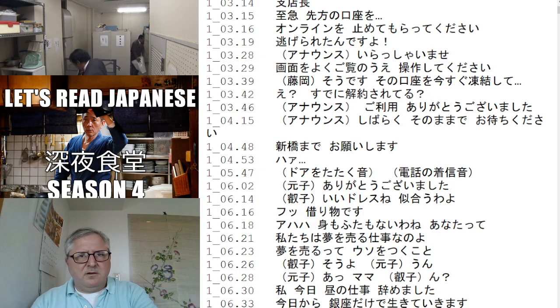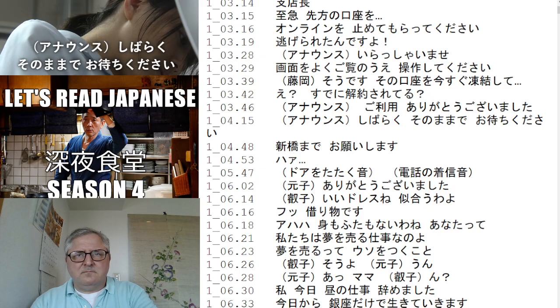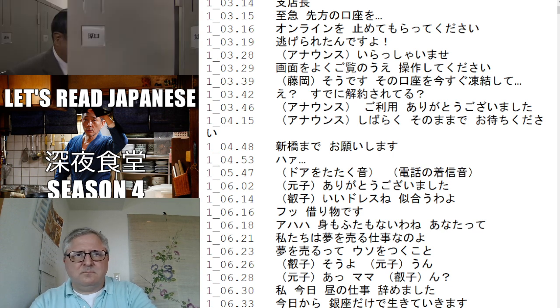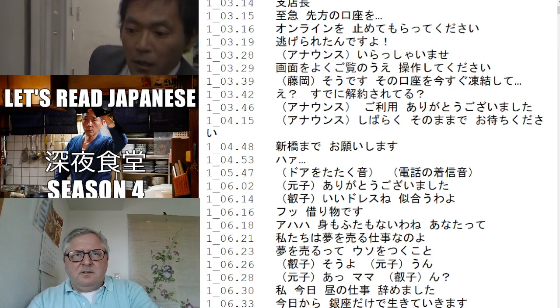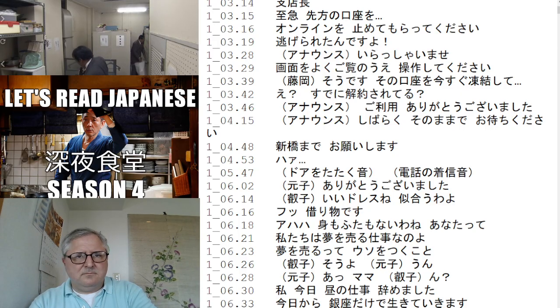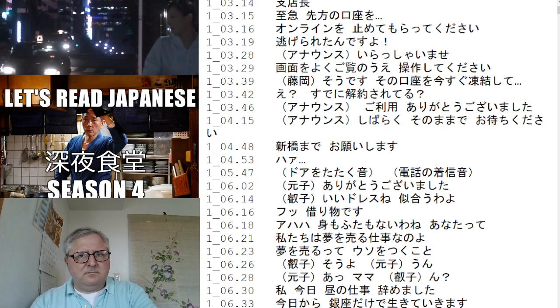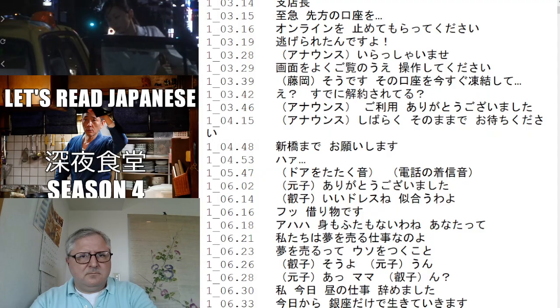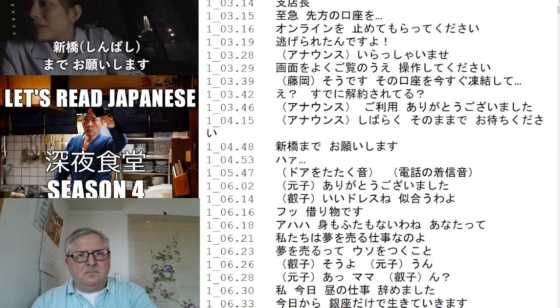What am I seeing here? しばらくそのままでお待ちください。新橋までお願いします。